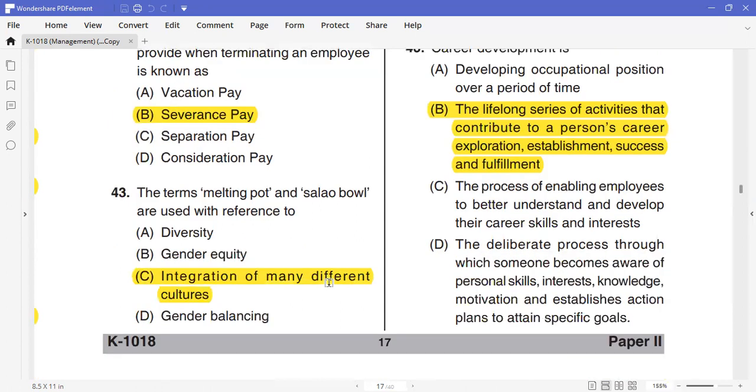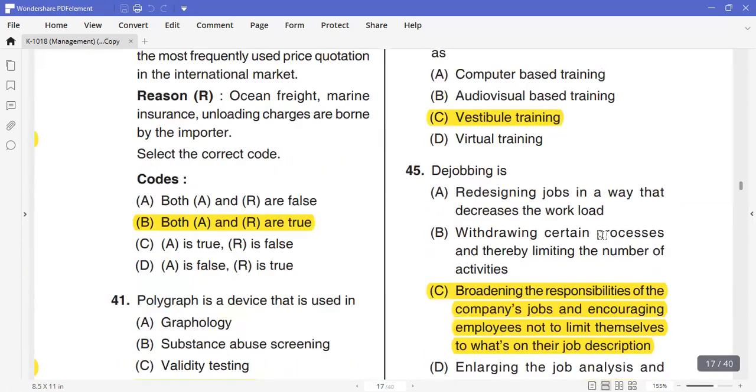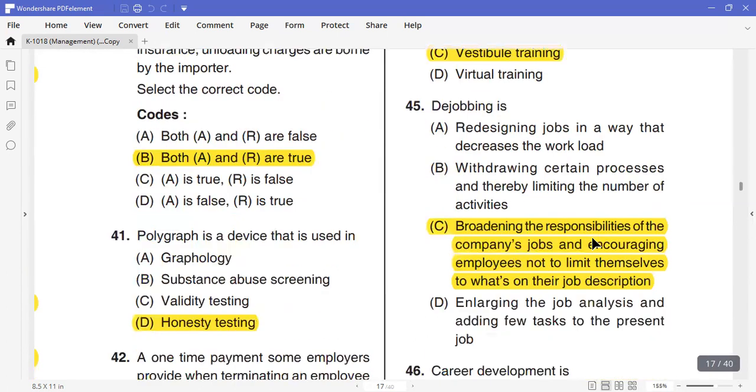43rd question, the terms melting pot and salad bowl are used with reference to integration of many different cultures. So this is related to cross-culture integration. 44th question, simulated training is also referred to as vestibule training. De-jobbing is basically referred to as broadening the responsibility of the company's job and encouraging the employees not to limit themselves